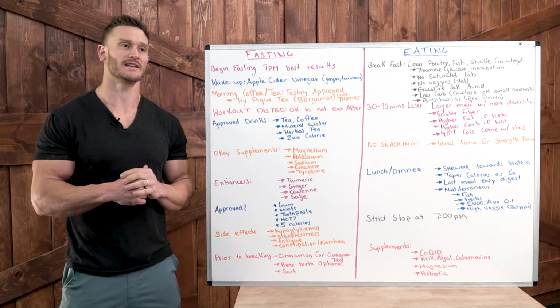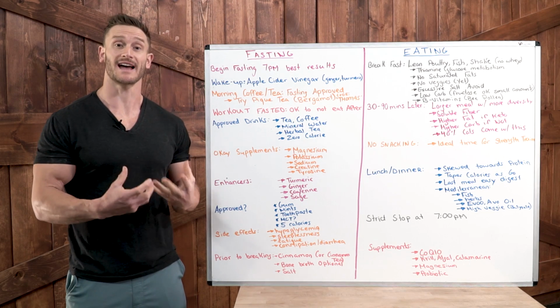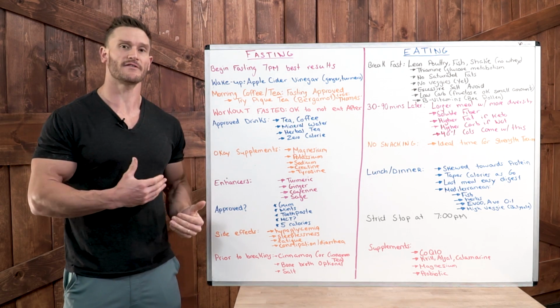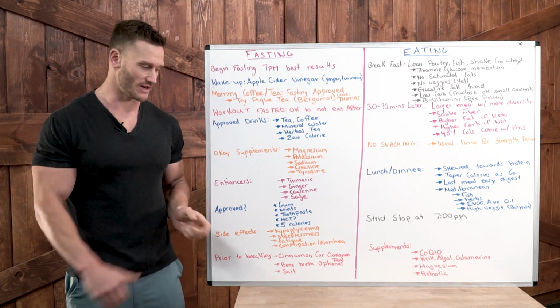MCT oil is a common one that comes up. You see, MCT oil is touted in the metabolic community, fasting, keto, because it is highly thermogenic. It does help you burn a little bit more fat. Is it going to break a fast? It really is. So unfortunately, it's not something I would recommend having during your fast,